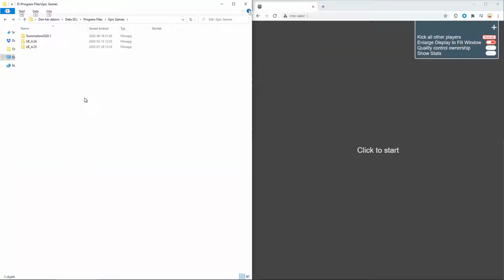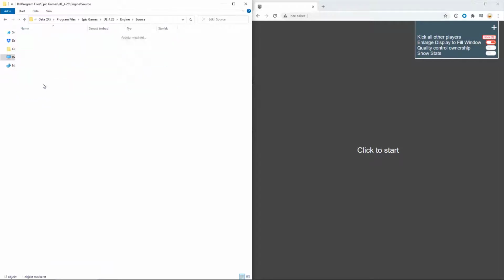It's also worth mentioning that if you're not working with the Pixel Streaming example project, you can find the signaling web server folder as well as the custom HTML folder in the Unreal Engine folder. If you have Unreal Engine installed on your computer, you can go under the version. It doesn't really matter which one, but I'm working with 4.25 now, so I go under that.